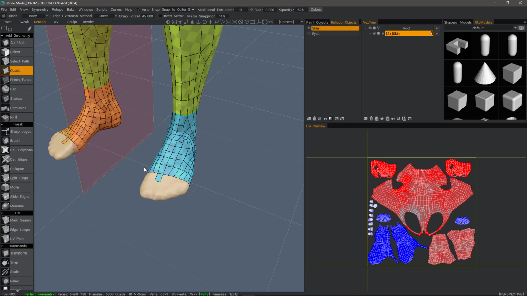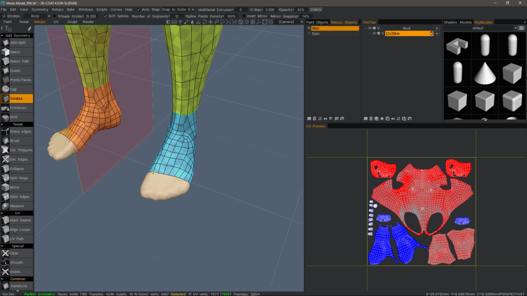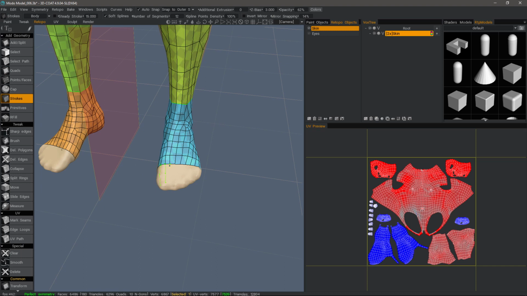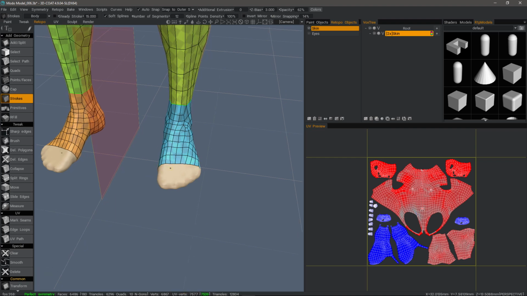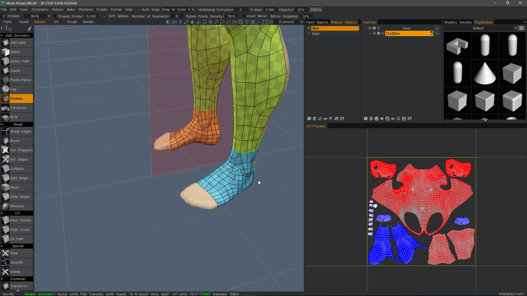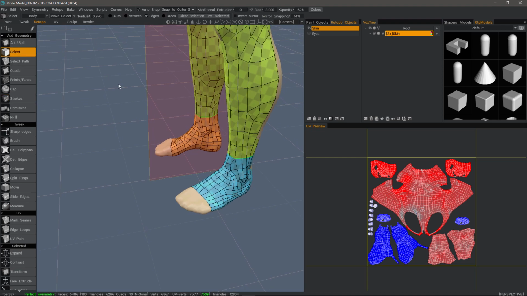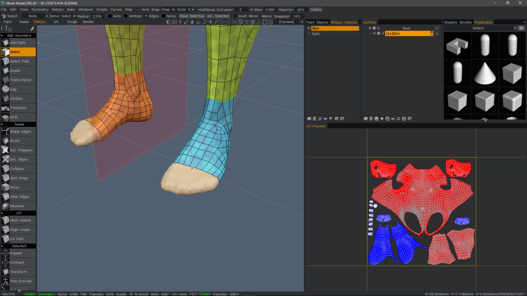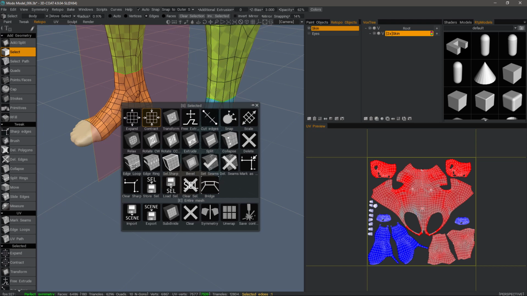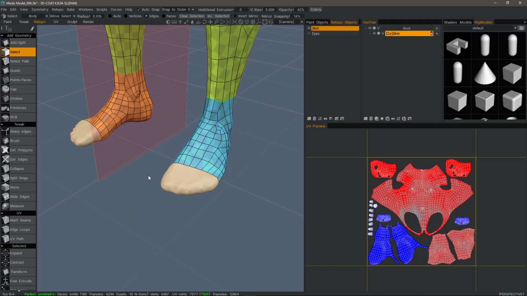So let's undo that. You could use the strokes tool. I'll undo again and hit escape to drop all those splines. So there is a quicker and better way. One is to go to the select tool, and we can go to edges mode. I can click a single edge and then right click and choose edge loop, or I can hold down the